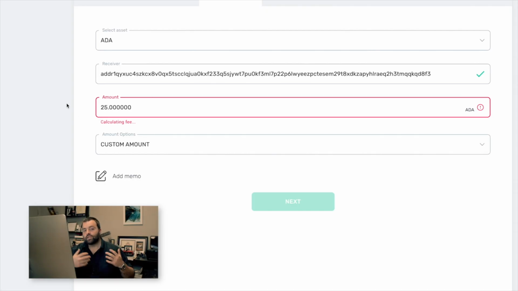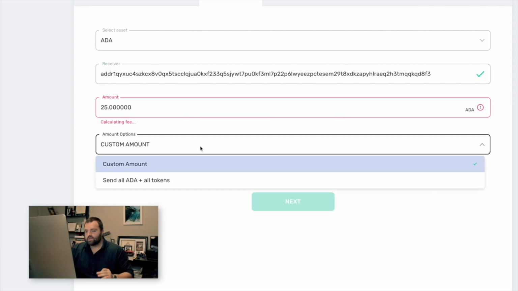Again, this is just for educational purposes. We're not here to make any crazy investments. So that's what we're doing here. Now it's important to make sure that you do this properly. We're gonna click on custom amount. You do not wanna send all tokens, because if you send all your tokens to that address, everything will go